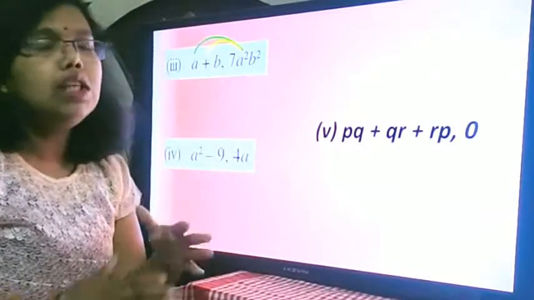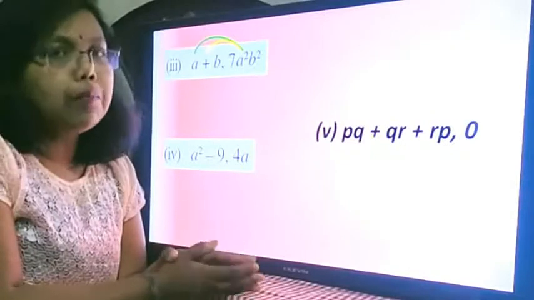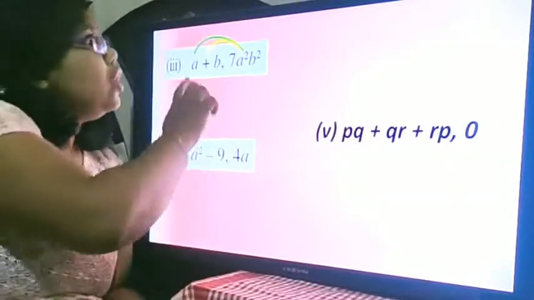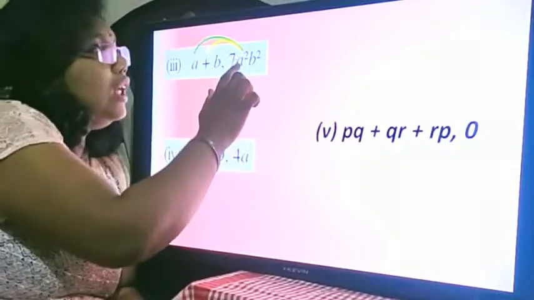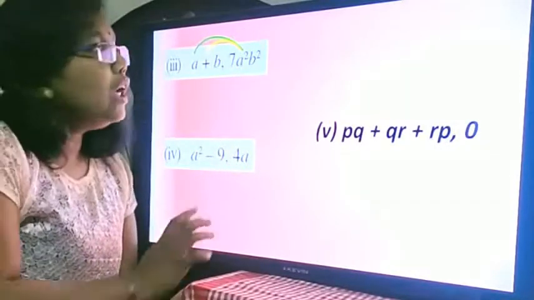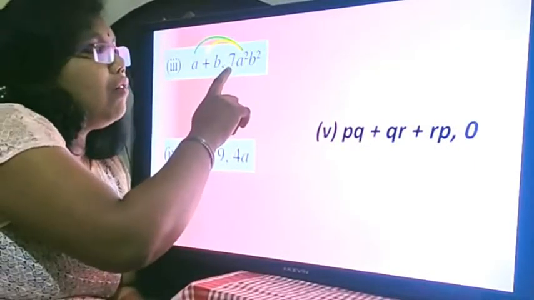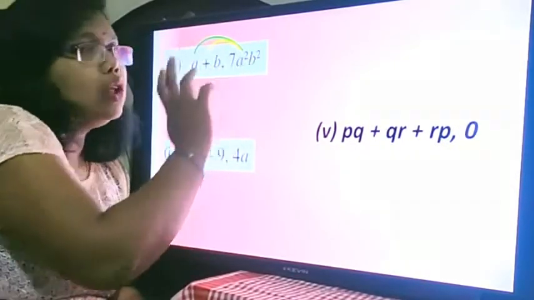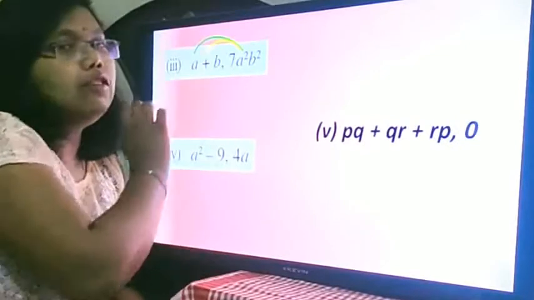What happens is we see the variable and its power. When you are multiplying, the power is increased. So a has a power of 1 and here a has a power of 2. So for your answer it would be 7a to the power 1 plus 2, that is 3. So a cube, and b square as it is because there is no b in the first term.